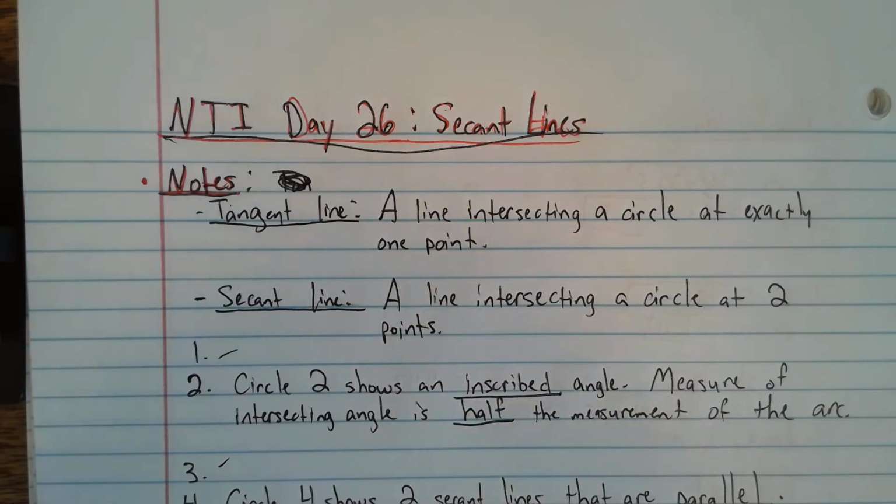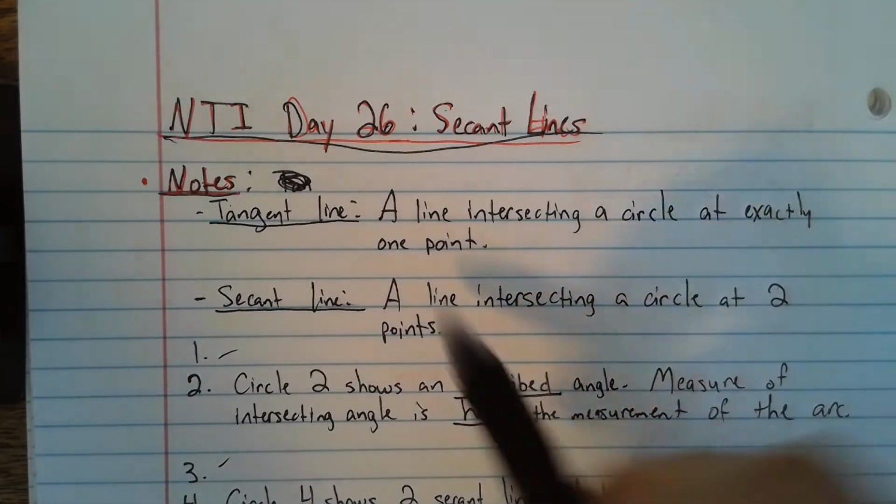Today's lesson for NTI Day 26 is titled Secant Lines. We're going to be looking at all kinds of different, well, we're going to be focusing on one, but the focus today is on angles formed by secant lines. So let's just jump into the notes. We've defined them a million times before. We're going to define them 1,000,001 after today. So